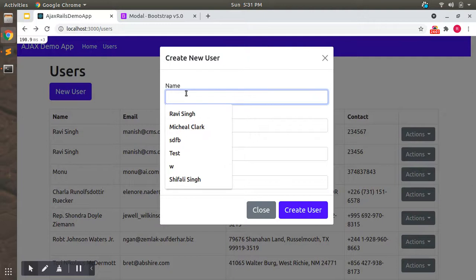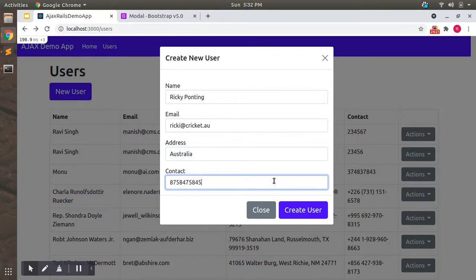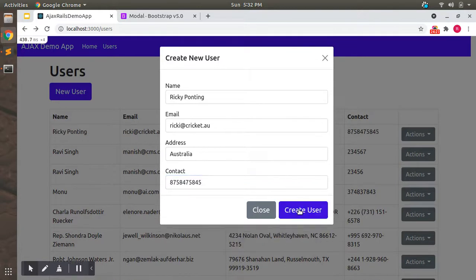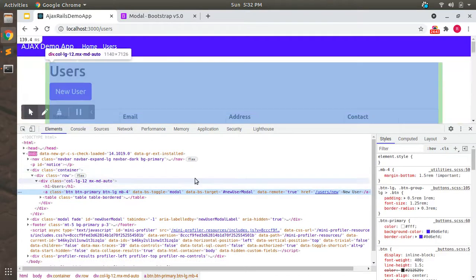Let's create a record. Let's submit the form now. Still, the modal is not closed. Let's check what's going wrong here.